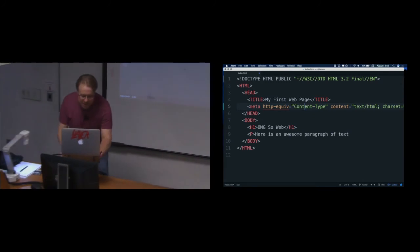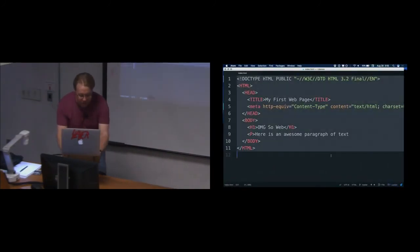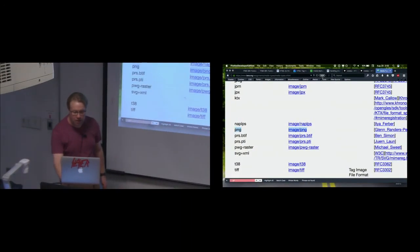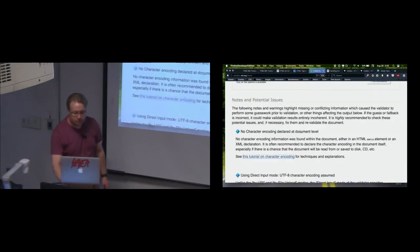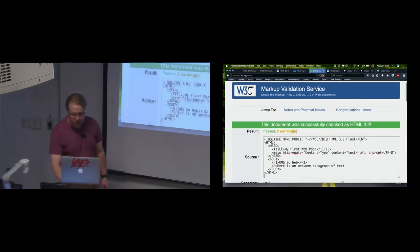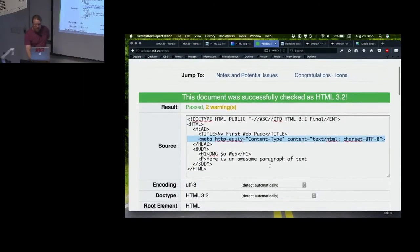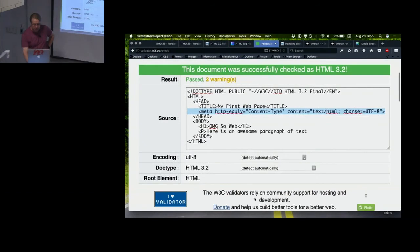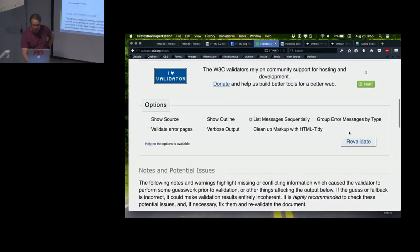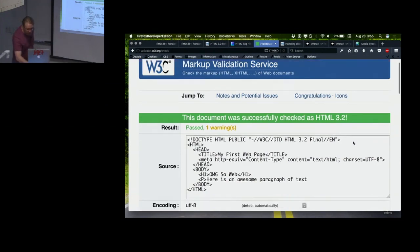Okay, so let me save that. And now I'm going to go back. Let's copy this whole thing and see if we can't get that little ugly warning to go away in the validator. Okay, so now we've got our 3.2 doctype up here. We've got our meta http-equiv header element here. And there's the rest of our page. So if I say revalidate this for me, please, we should have only one warning. And that warning is due to